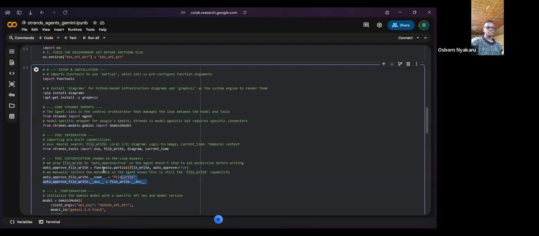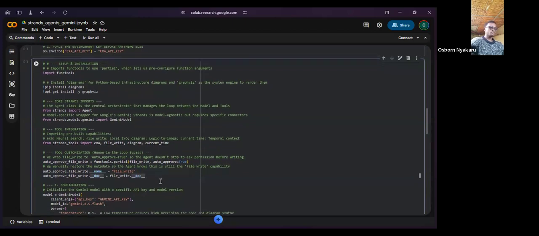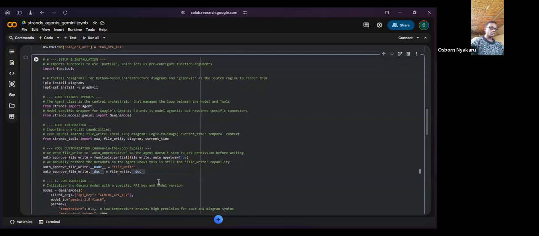But for best practice, I would recommend you don't auto approve anything an agent does. This was required since I was using Colab. So that's basically what this code does.